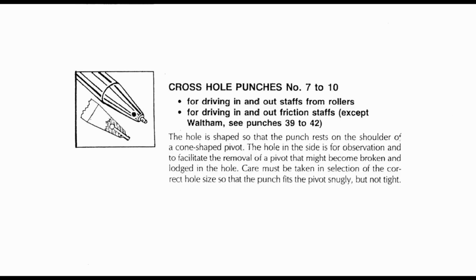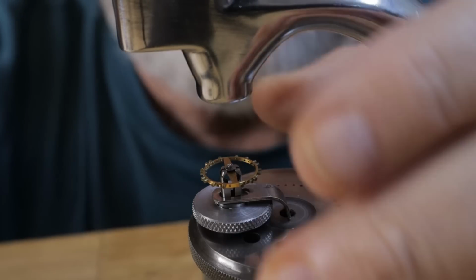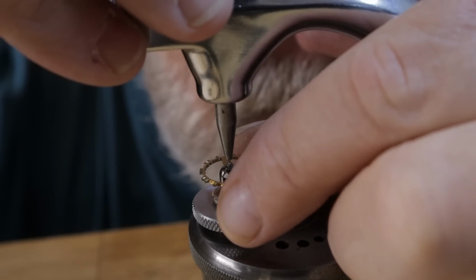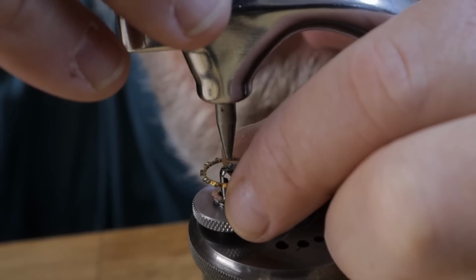Now, in the K&D set, there's 5 of these. And they start at number 7 and go up to number 11, 7 being the smallest, number 11 being the largest. Now, I think one of the biggest mistakes that new users of staking sets make is putting too much force